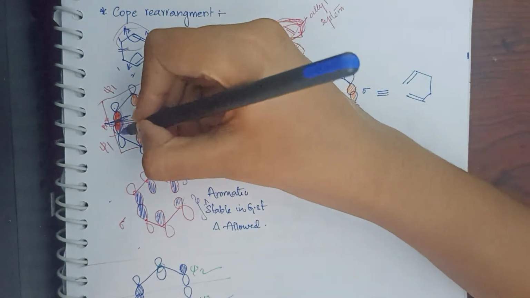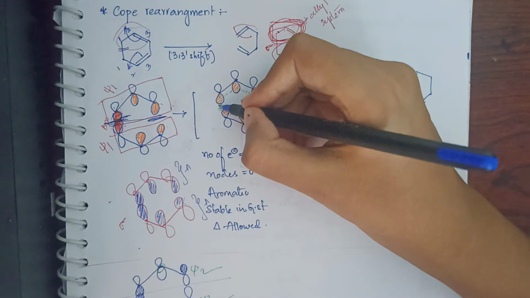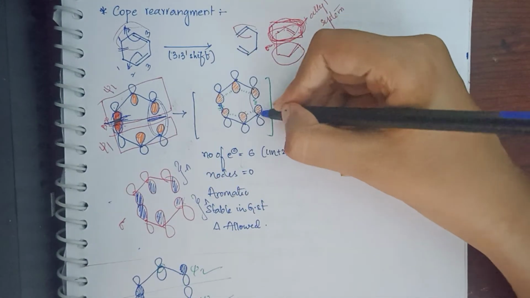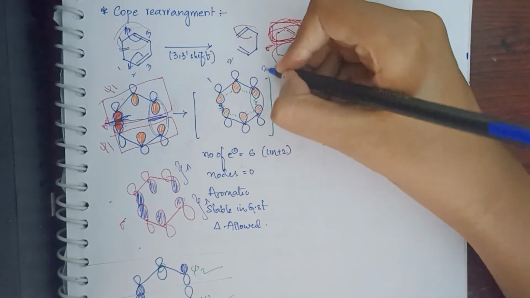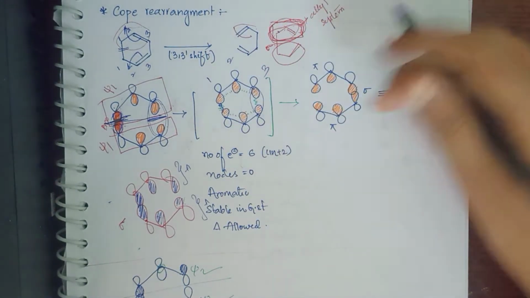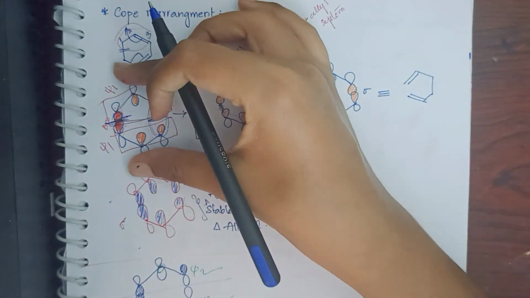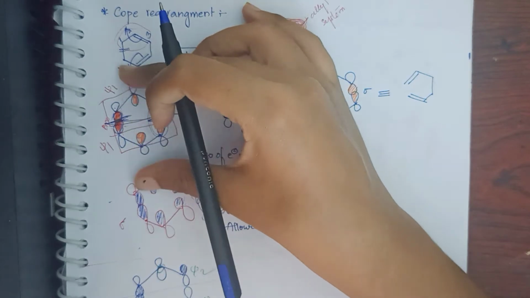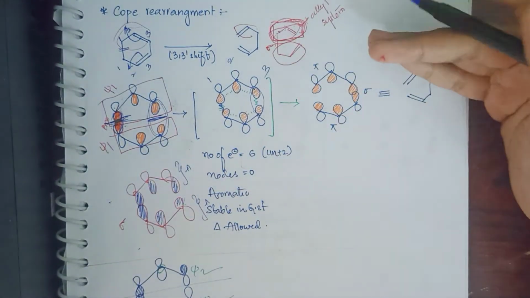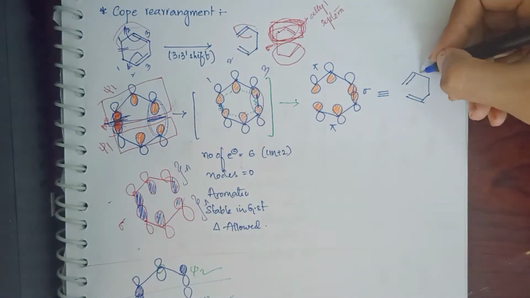So previously this system was bonded to this. So here bonding was there previously. Now these both are bonding, 3,3 bond is formed. See, 1, 2, 3. Previously 1,1 bond was formed. Now 3,3 bond is forming. In this way you have to represent a transition state. How you represent? Just expand it, separate it, you will be getting a transition state. After getting a transition state, join these both and draw the product.